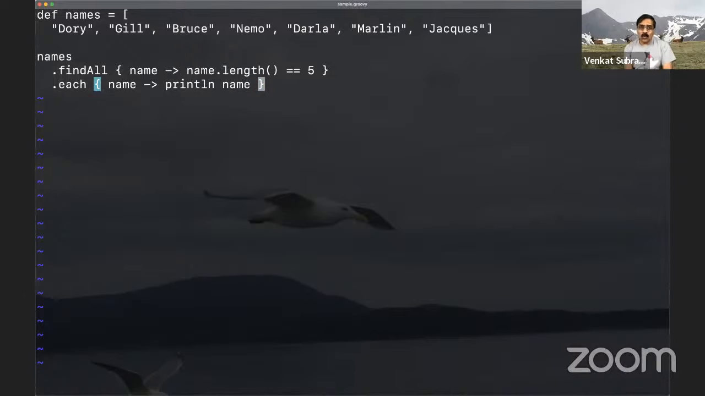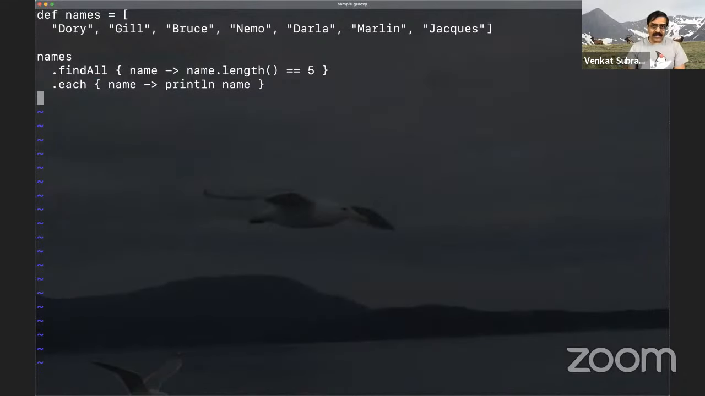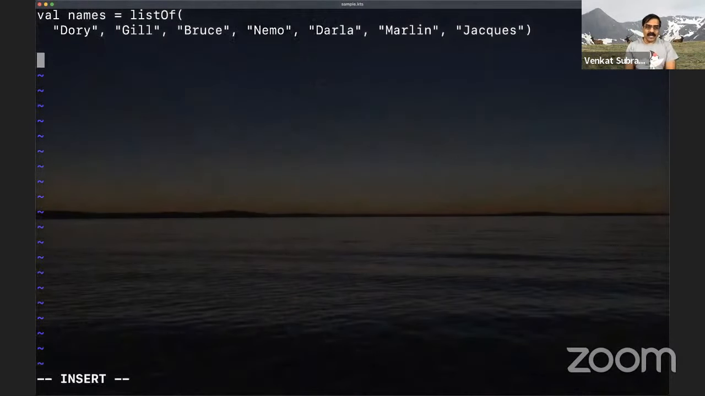So I can write the Groovy code in a similar way. Of course, you may say, hey, you can shorten this even further. Sure, we can look at that a little later on. And similarly, in the case of Kotlin, rather than the imperative style, I can say names dot, and I can